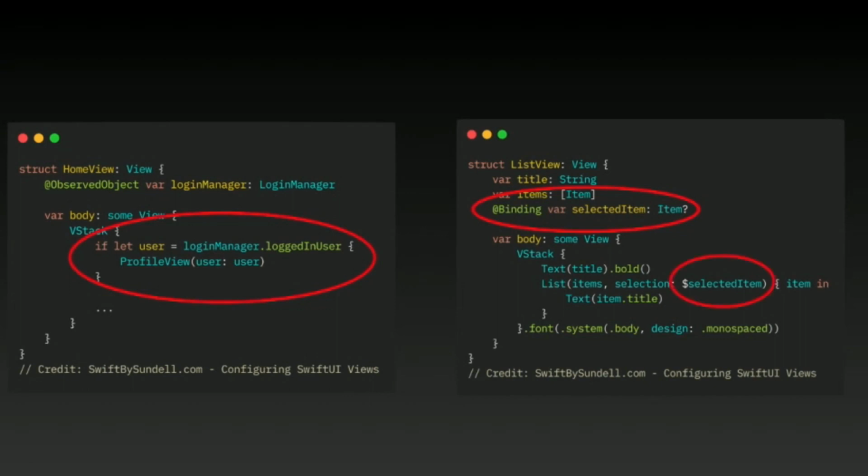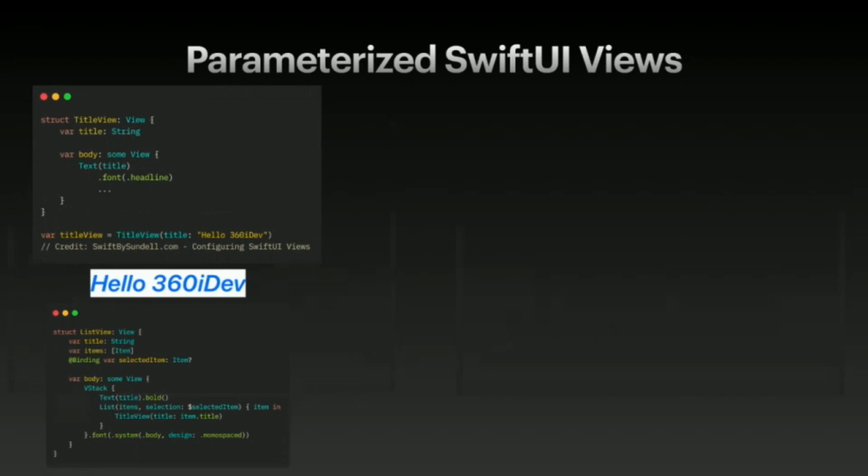Here are selected items again. So let's look at each one of these methodologies real quick, and then we come to the third one, which I want to spend the majority of my time on today. So if we were to implement the parameterized SwiftUI views, or configurable, these terms parameterized or configurable are interchangeable, then